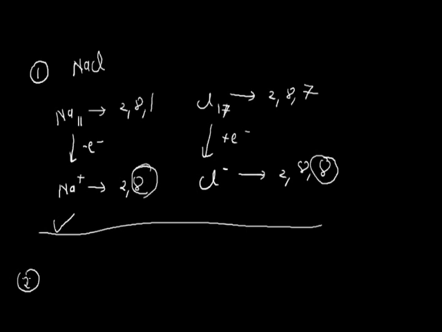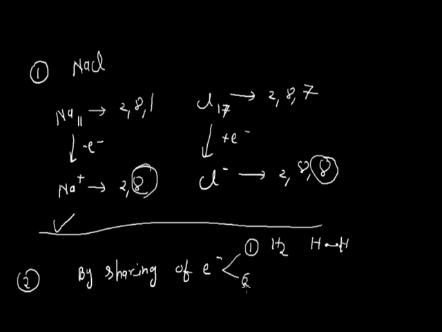Now the second way is by sharing of electrons. By sharing of electrons, this can occur in two ways. First is when the shared electrons are contributed by the two combining atoms equally, the bond formed is called a covalent bond. For example, H2. In H2, the shared electrons come from both hydrogens. Therefore, it is the case of equal sharing. And the second type is when shared electrons are contributed entirely by one of the atoms but shared by both. The bond formed is known as a coordinate bond. It is also called a dative bond. For example, when NH3 comes in contact with H plus, then the resulting species obtained is